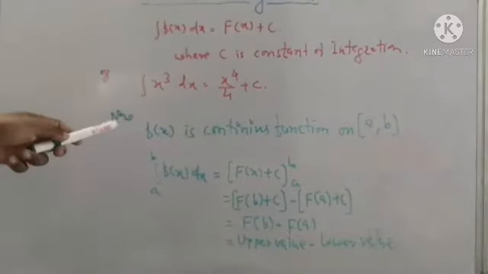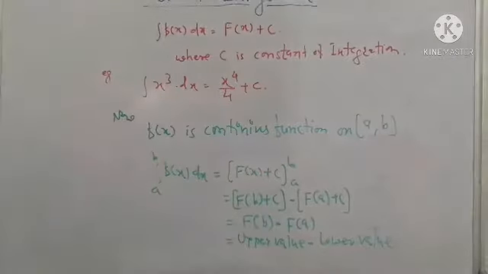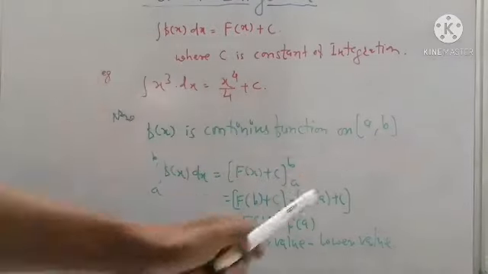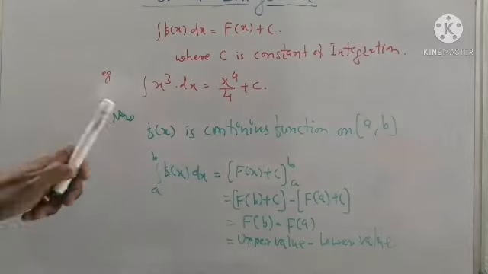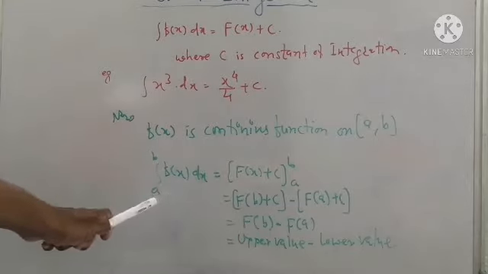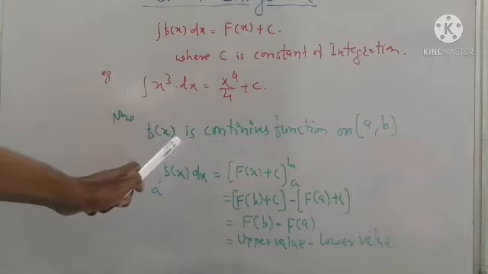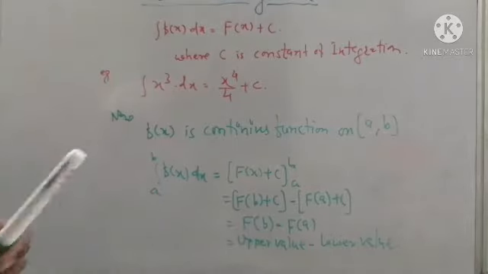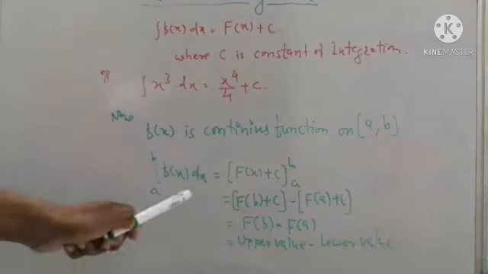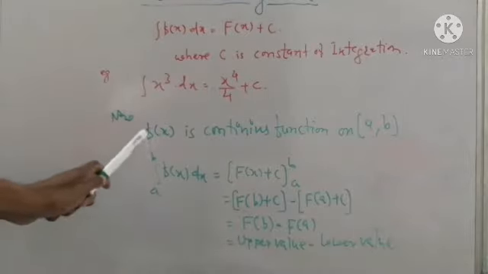Now f of x is a continuous function on the closed interval a b. That means for each value of x between a and b there exists f of x. Such a function f of x is called a continuous function. It is integrated from a to b. As x has a lower value a, a is called the lower limit of integration, and b is the upper value of x, so b is called the upper limit of integration, and this is read as integration from a to b